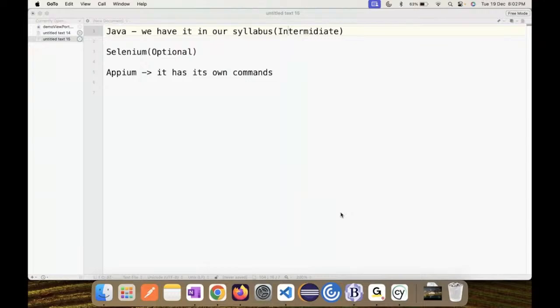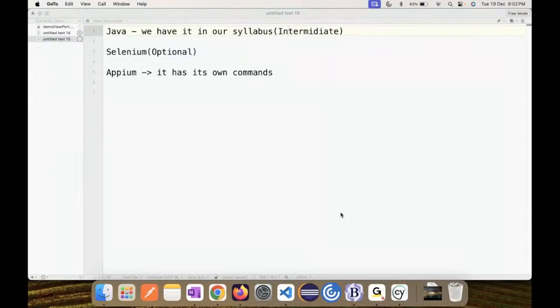I'm not going to build an Android application, so I don't need to know the language. If you're going to build an application on Android, Kotlin or Java is a must. If you're going to build on iOS, Swift is a must.